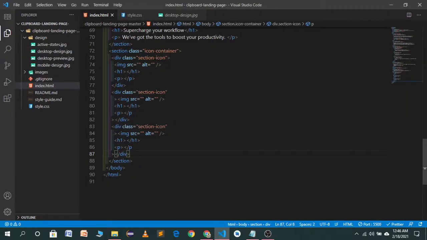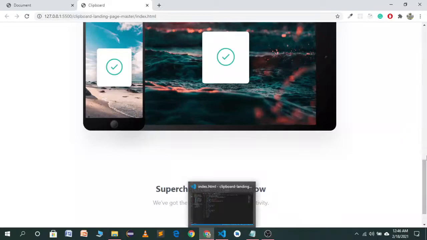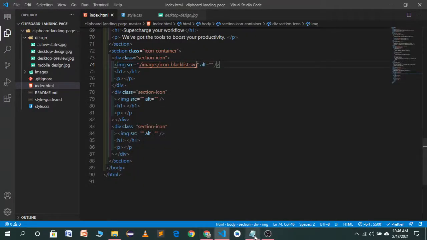The icon image will be dot slash images, and in this we have, let's see, I think we want a blacklist. Yeah, for the first section we want a blacklist.